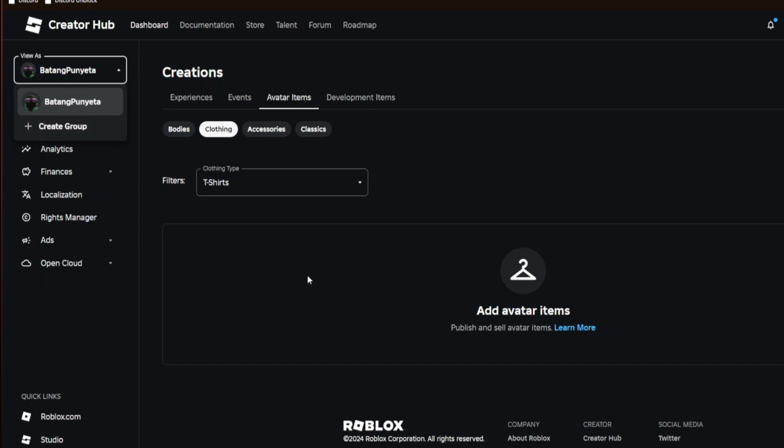Now, right after publishing that specific clothing or that specific t-shirt, you can just go ahead and get your fellow group members to buy that specific t-shirt, and all of the credits that are taken from that sale will be